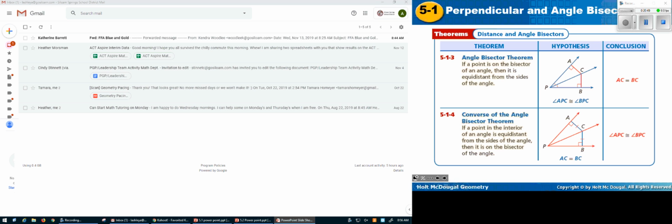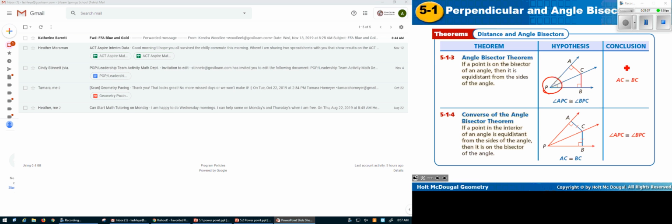Okay, so that's going to lead us to the second theorem in 5.1, which is the angle bisector theorem. So now we're back to angle bisector. We know how to construct it. We're going to learn what the theorem says. So the theorem says, again, that you have to have an angle bisector. So if a point is on the angle bisector, so it starts with a picture where you can see that